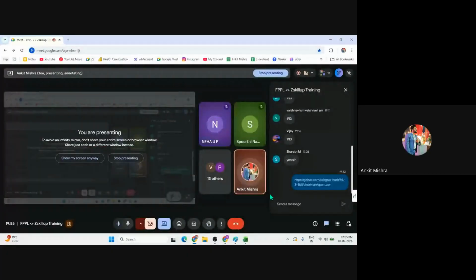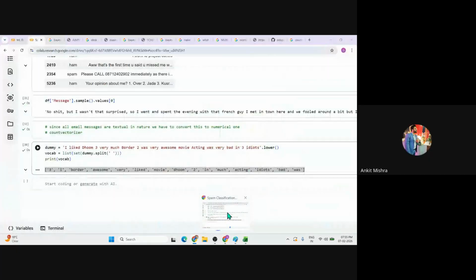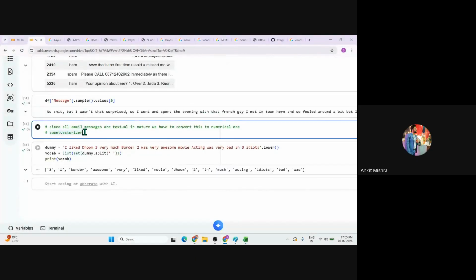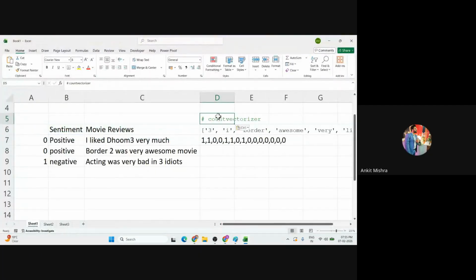We have converted our textual data into numerical data. Let me know if you're getting the point. How we have converted the movie reviews into the numerical one, this technique is called the count vectorizer technique. We don't need to perform the count vectorizer manually, we have a module for that, but this method is generally referred to as a count vectorizer.